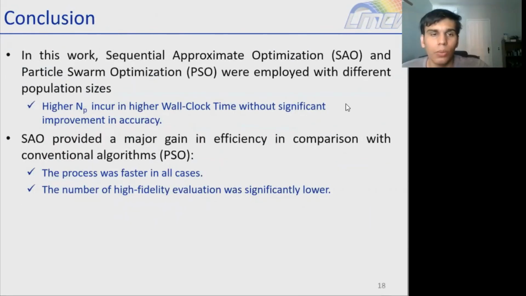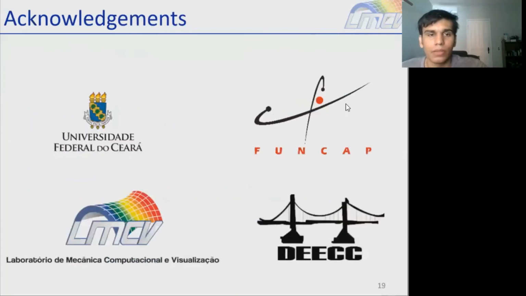And so in this work, we compared the SAO and the PSO approach by taking different population sizes, and we observed that when we add a new particle to the swarm, the execution time of the PSO significantly increased, which does not happen for the SAO. And so the SAO approach proved to be an excellent alternative to reduce costs without compromising the results if we compare it with conventional algorithms. In other cases, the convergence was faster, requiring fewer high fidelity model evaluations. So that was